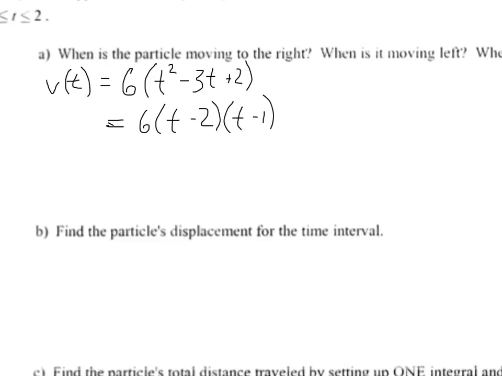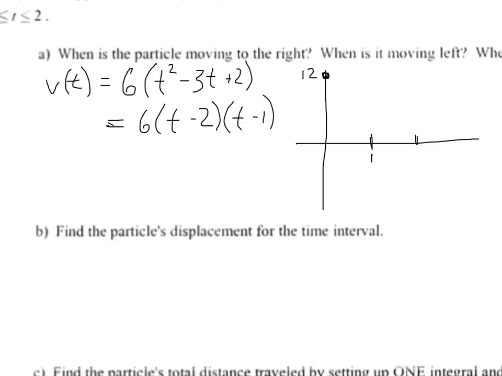Okay, and if I was going to factor it out, first thing I notice is that I can take a 6 out of all 3 parts, and then once I break this quadratic into, if we unfoil it, I'm going to end up with this result right here. So putting it all together as far as graphing, I know that, and this is going to be very inexact, but I know the y-intercept has to be at 12. I know that it has to go through the x-axis at 1